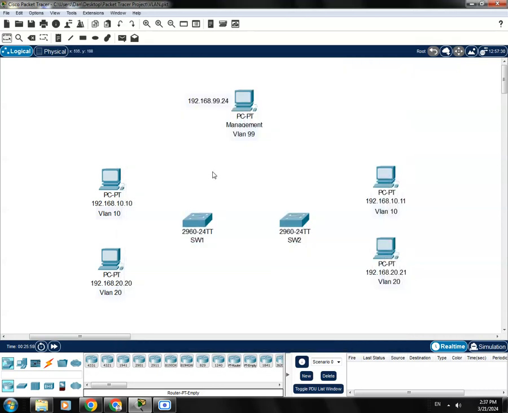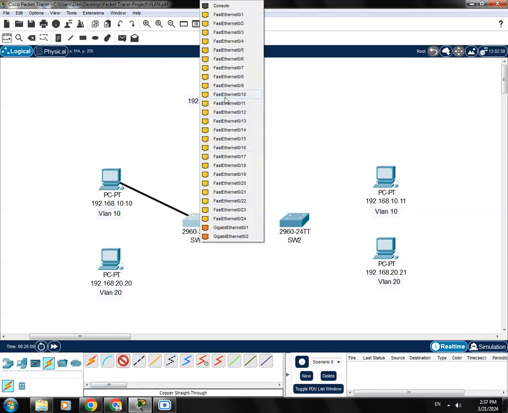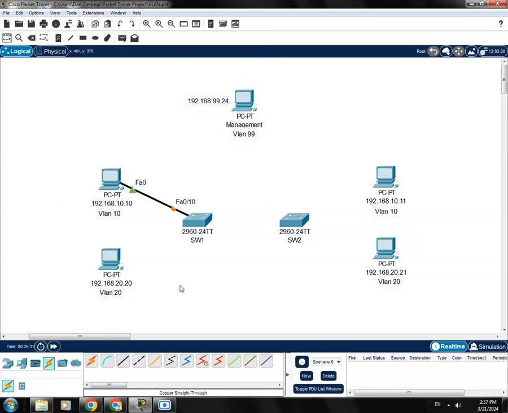Okay, all right, and then now let's connect the port. We'll be using a straight through cable. Fast Ethernet, and this would be on the FA0/10. Okay, and this one on the